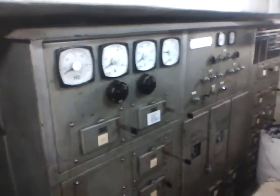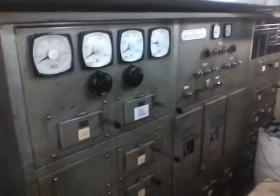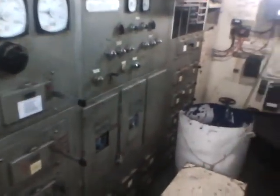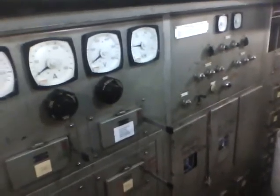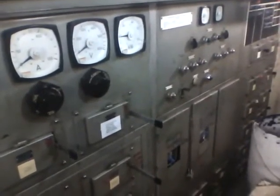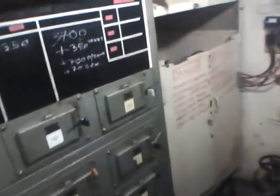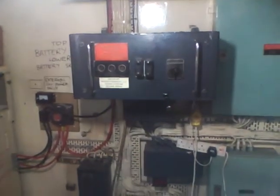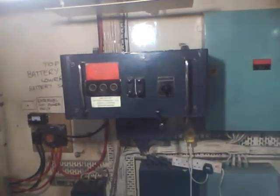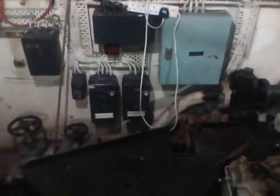This is the main panel, the electric 3-phase main panel, which houses everything from 3-phase supplies, 240 volt supplies to 24 volt supplies. This particular ship, we generate our own power from transformers. So we start off with 3-phase and we generate down to 240 volt, and of course we've got battery supplies which are over there on the end of the panel. That's our main battery box. This is the power supply to start the engine starting system. Down on the bottom is the fans, control systems, contactors, and now we can swing round and have a look at the